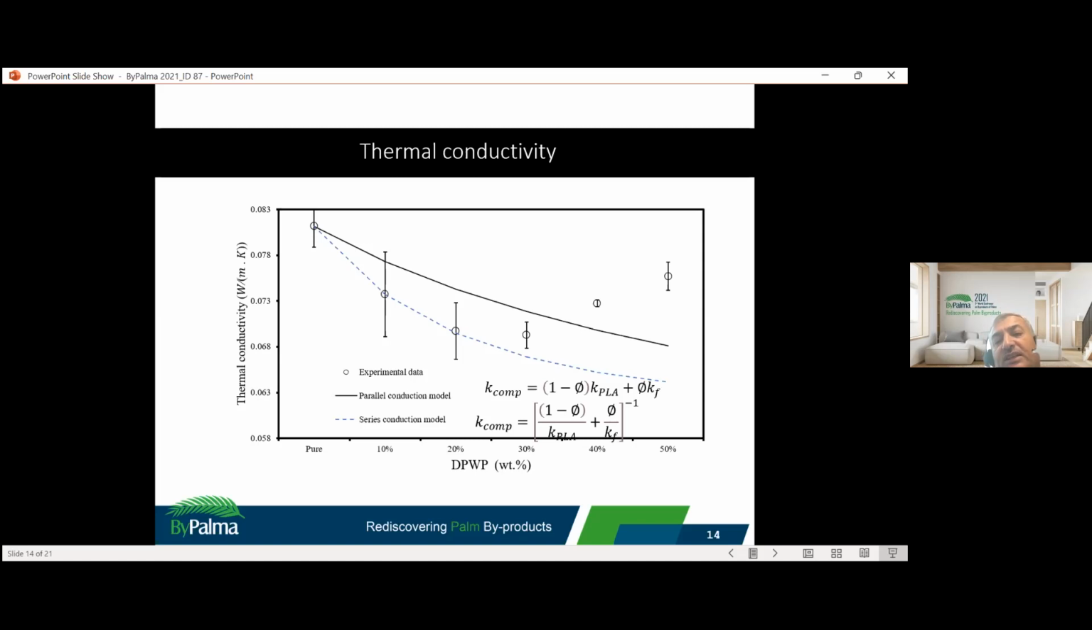At a high filler content, we see that we have deviation from this model, simply because we expect that we have some kind of agglomeration for the date palm fibers, or now this is in small size, which is less than 200 micron in general, which means that these particles agglomerate together and deviate from what we call the series conduction model. But still, the value of the thermal conductivity is relatively low and it is acceptable for